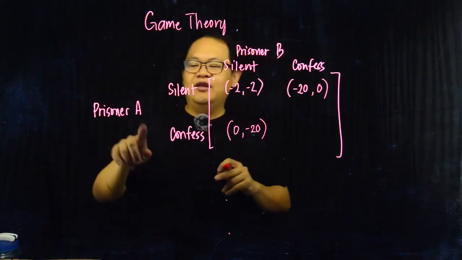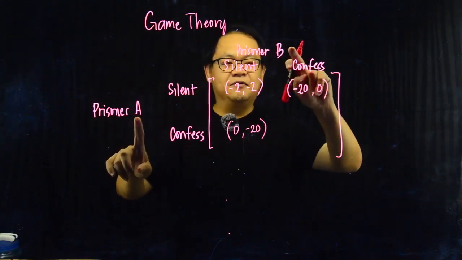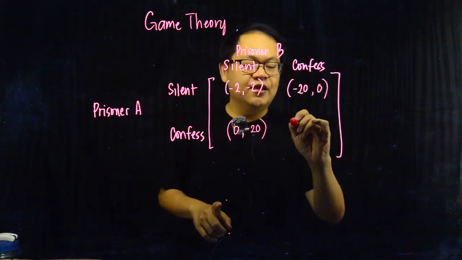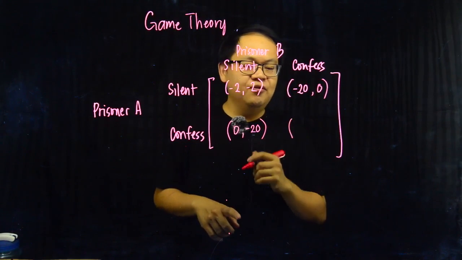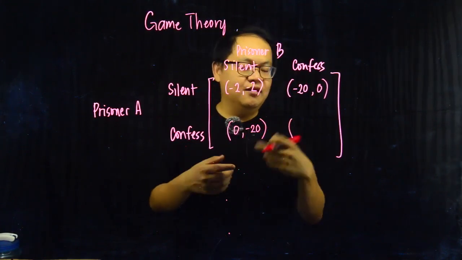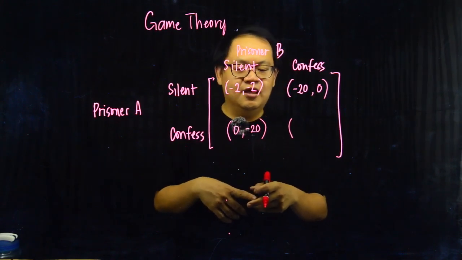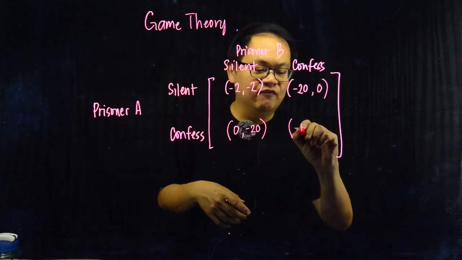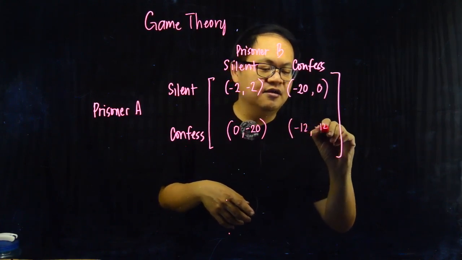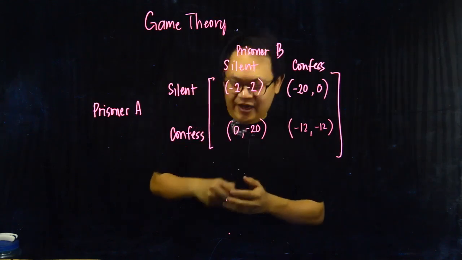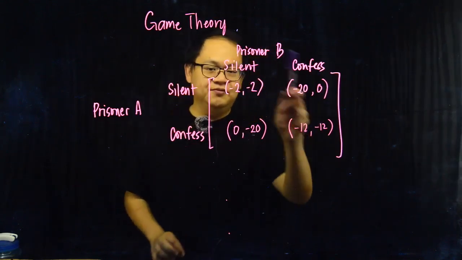However, if both prisoner A and prisoner B confess, then let's say because they both confess, they will not get the maximum term of 20, and let's say the police can work out a deal with the judge and just get them, let's say, 12 years each. Okay? Now, if you try to see this scenario,